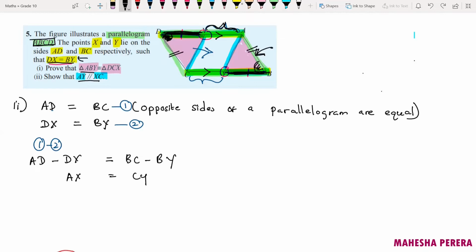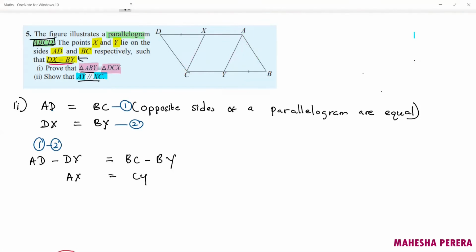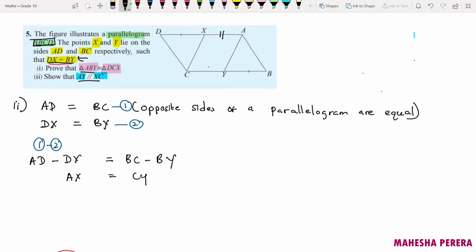So we have already proved that AX equals CY. Right? Now let's erase everything and focus. We have already proved that this side and this side are equal. Right? And then what about these two sides? Right? These two sides, they are already equal. Why? Because